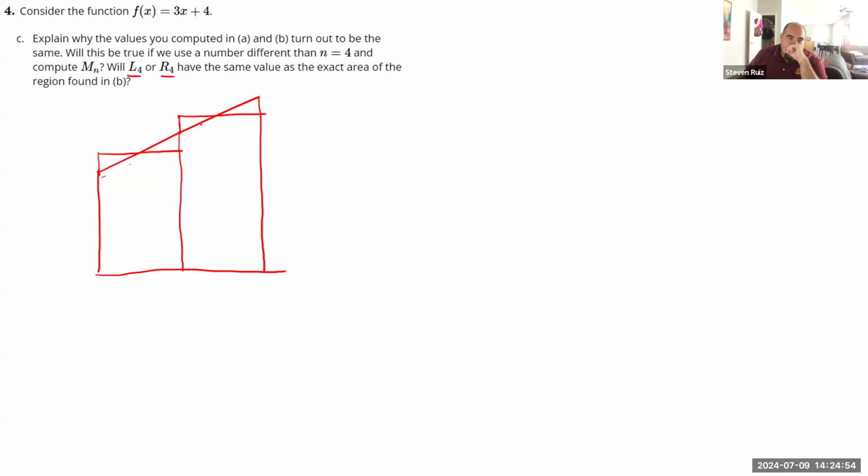But what if this function is not actually linear? Remember, what did we say the secret ingredient was really? Is that you had some area that was being overestimated on part of the function and underestimated on the other. I think if I joined these 2 points with any function that looked like that, this might be harder to do than